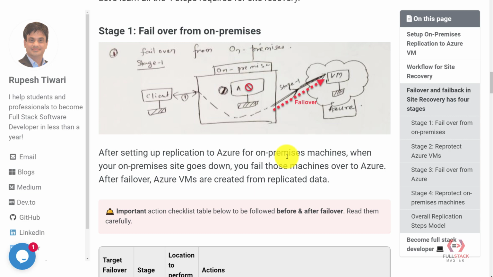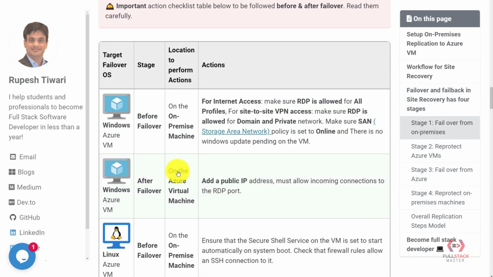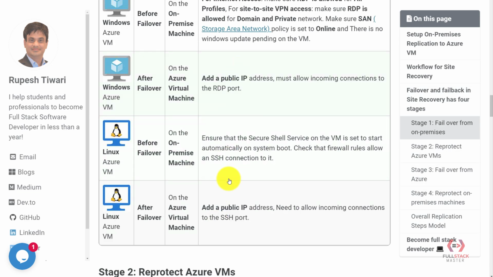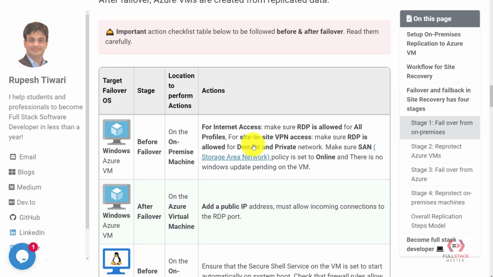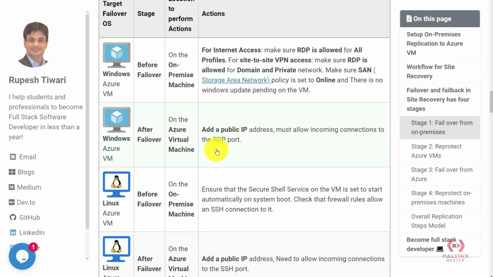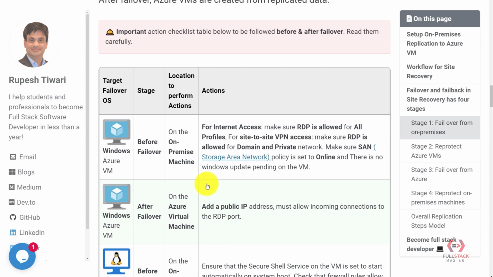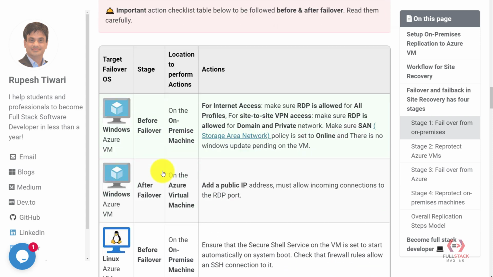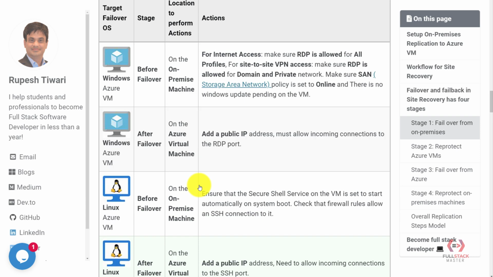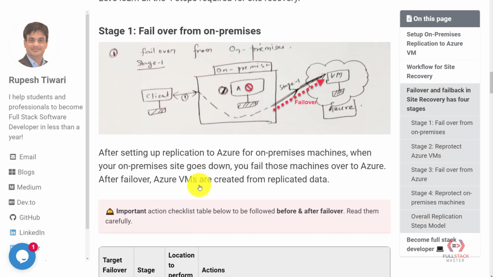It was a little bit complicated, the actions that you must remember, right? So go through all these stages, the actions that you need before you fail over, okay, and after you fail over. So this is our first stage. What I'll do is I'll go in my next video where we will see stage 2. I think stage 2 and onwards are a little bit simple, but stage 1 is a little bit involved.